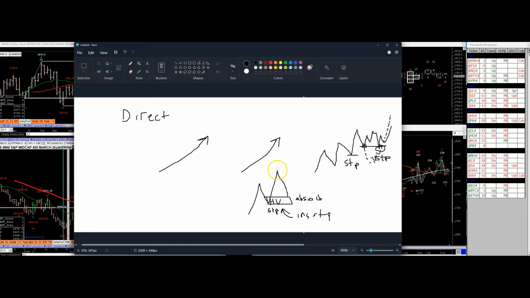You could have your own, but the logic is very clear: they already sold up here. It's going to take a lot of effort to absorb this high volume here. It already took effort to bring price down during this pullback. Now it'll take even more effort to take out these high volume areas, these high volume bricks or boxes, right? Because not only do they have to fight those who are underwater, because they'll be covering to buy right here,